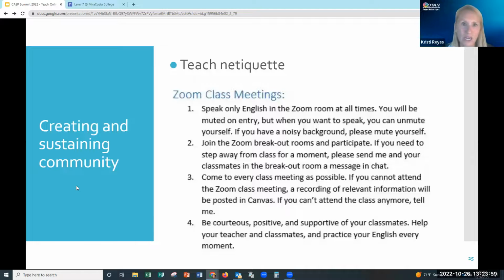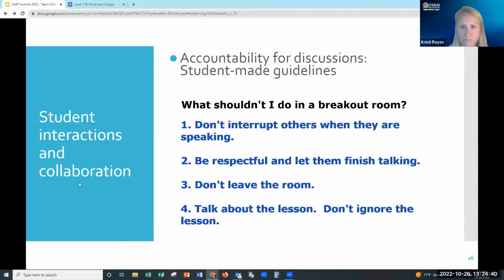Sometimes we send them to breakout rooms and maybe they just don't even know how to say, how do we begin, right? Of course, for Zoom, I don't know if you have this, I have some students who just never much participate in the breakout room. So I've learned the hard way that I need to set up the rules for participation. If they need to step away for a moment from a breakout room, they should have the courtesy to share in the chat with me and their classmates. So anyway, really important to set down those non-negotiable policies, right?